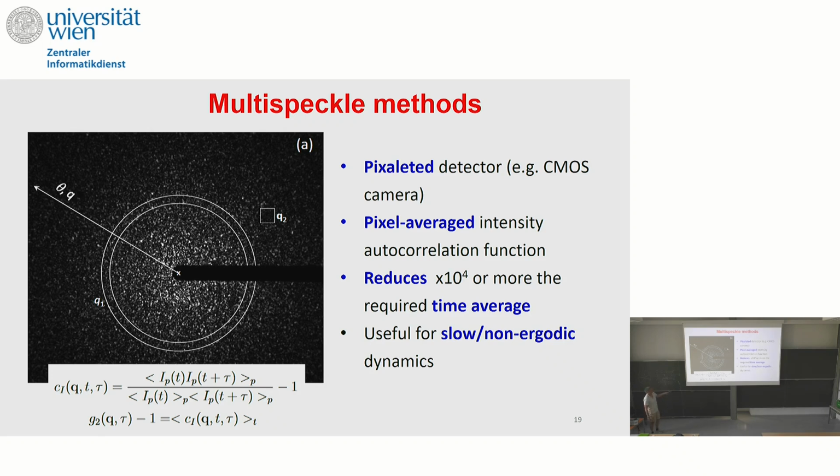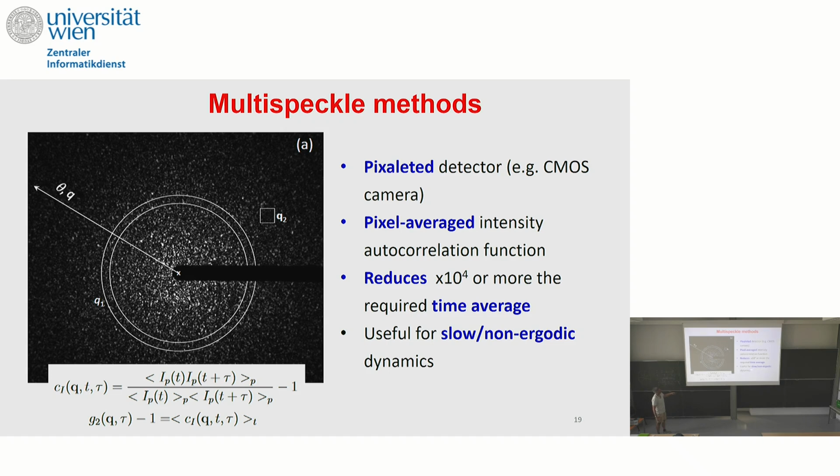So why should I do this thing here, which is more complicated? I have to use a 2D detector, and so on. Well, what I gain is that if I average here over 10,000 pixels, it is the same thing as if I had averaged over 10,000 times the relaxation time. So I can make my experiment much, much shorter. I can measure things like gels, glasses, et cetera, that have a relaxation time of 1 day, because essentially I just need to run my measurement for 1 day. Even more importantly,